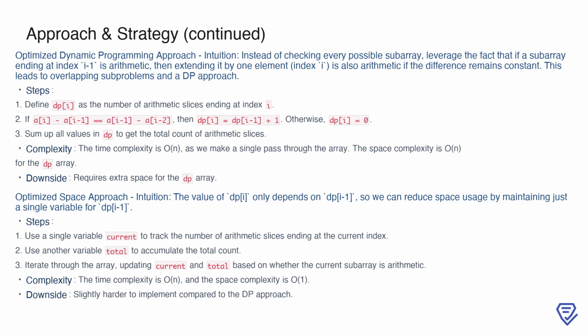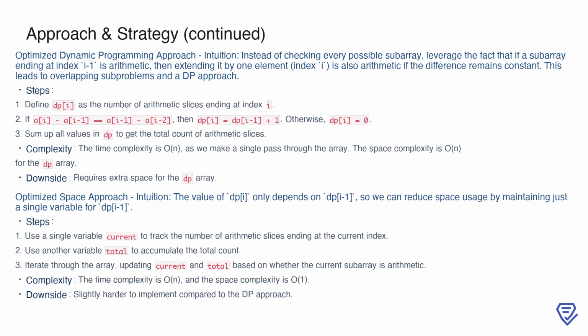Otherwise, we reset it to 0. Summing up all values in the DP array gives us the total count of arithmetic slices. While this approach reduces the time complexity to O(n), it still requires extra space for the DP array. To optimize further, we notice that the value of DP[i] only depends on the previous state, allowing us to